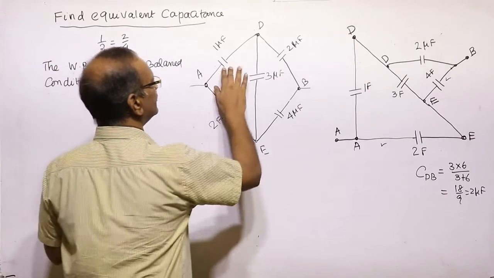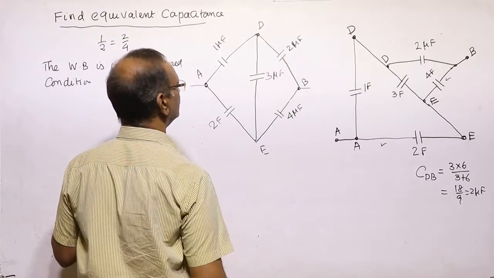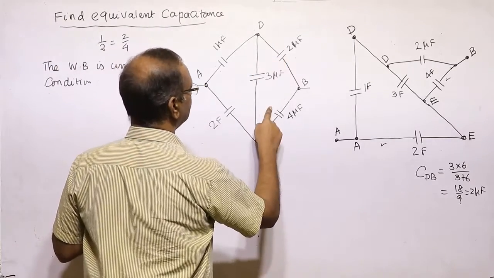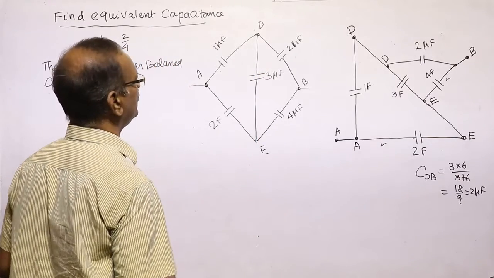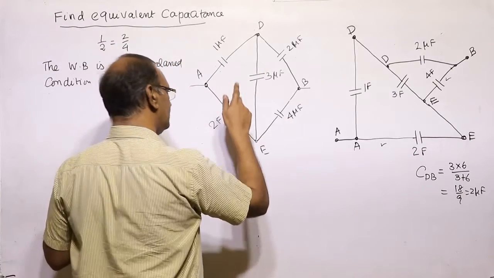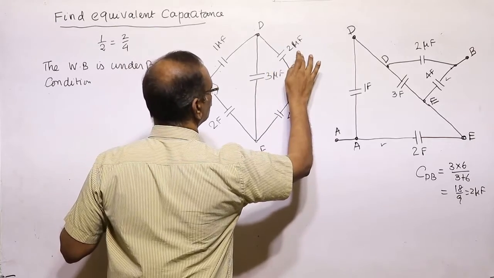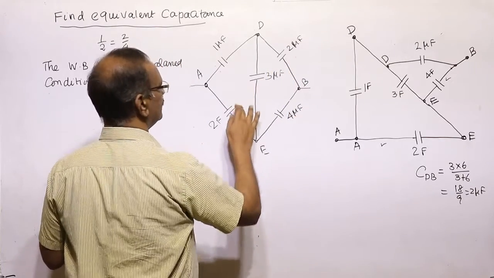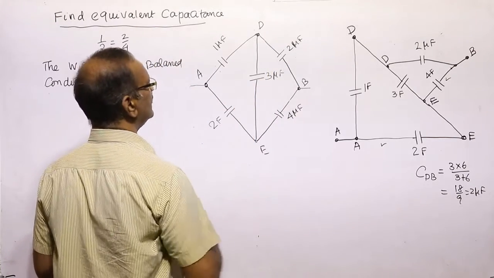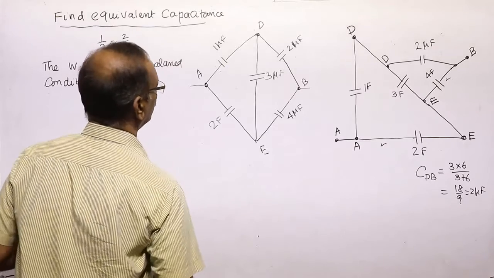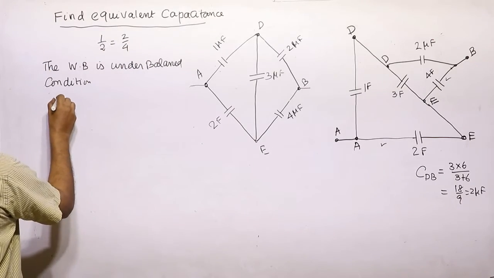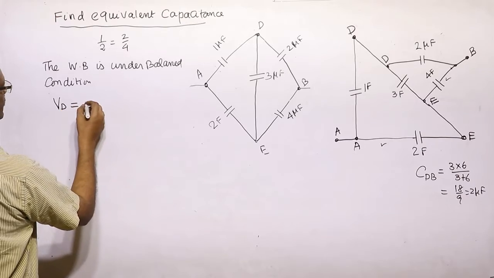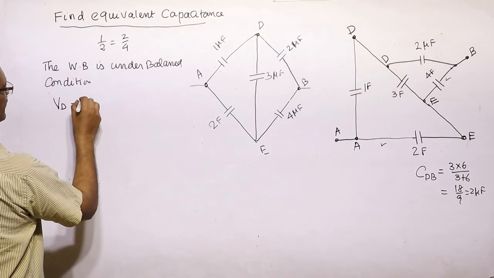This capacitor divided by this capacitor of one arm should be equal to this divided by this of the other arm. That is, 1 by 2 is equal to 2 by 4. It means it is under balanced condition. In that case, under balanced condition, potential at D is equal to